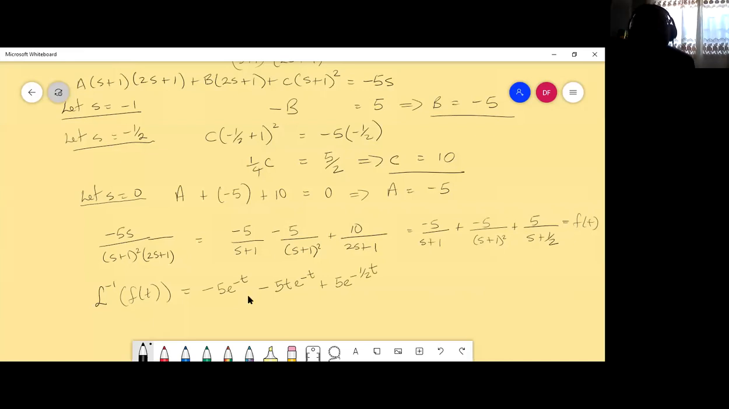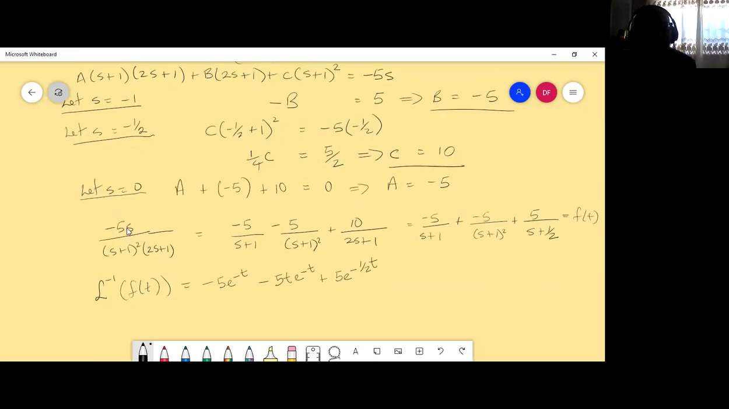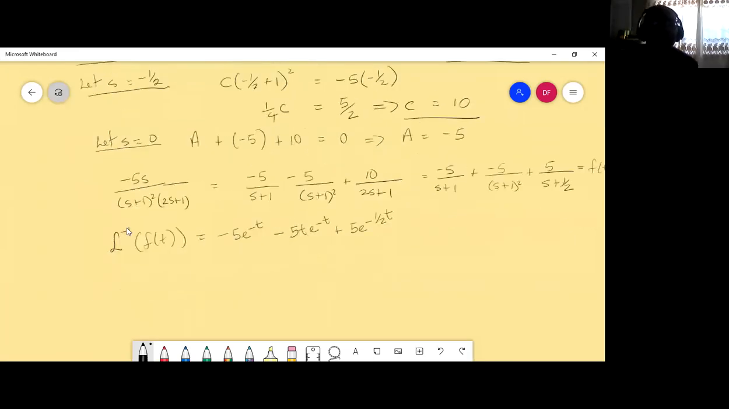But we are not finished because we want the Laplace transform, not of that function. We want the Laplace transform of minus 5s e to the minus 3s over s plus 1 squared, 2s plus 1. So V out is equal to, now,